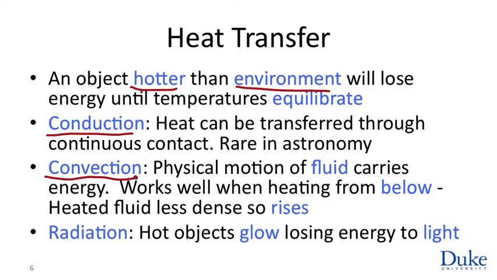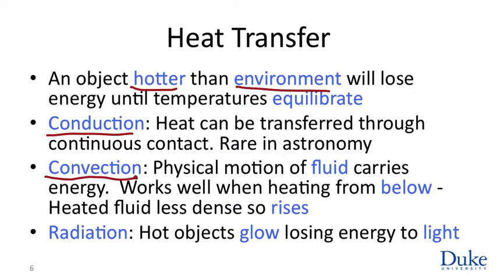This works very well if you have a volume of fluid that is heated from below. That happens when you boil water on your stove. It also happens in stars, say, where a hot core is heating the atmosphere from the inside. What happens is that at the bottom of the pot or the bottom of the atmosphere, the fluid is heated, the heated fluid expands, and the expanded heated fluid is lighter, less dense than the surrounding fluid. It therefore floats to the top and rises. Cooler fluid descends to take its place, and what you have is an energy transfer from the bottom to the top by heated fluid physically moving from one part to the other. And this does occur in astronomical phenomena.